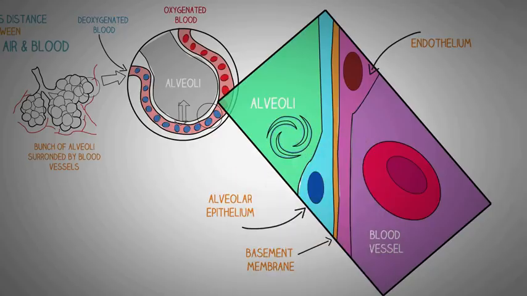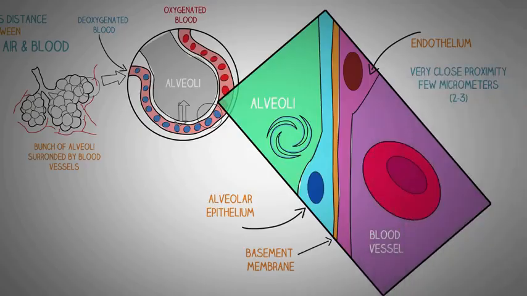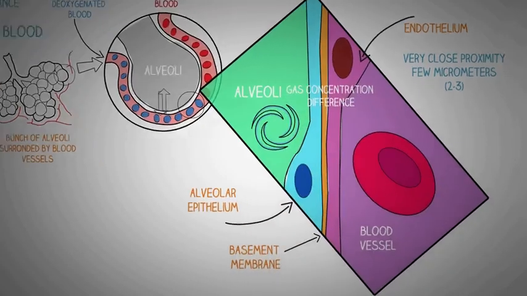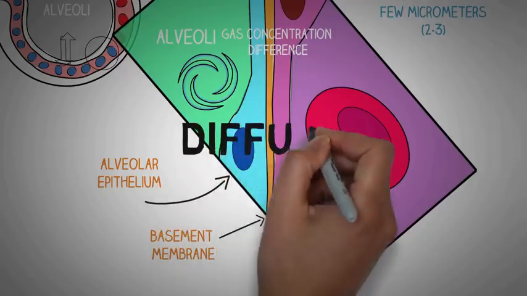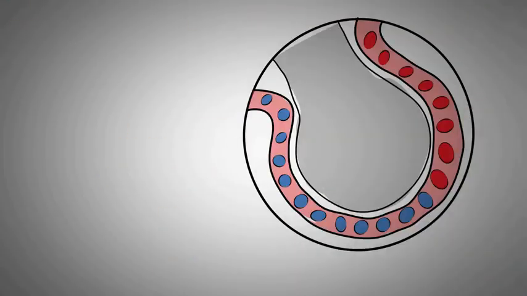So you can see clearly that the air that we inhale in the alveoli is in very close proximity, approximately a few micrometers, from the blood vessel. Here comes the role of the difference in the concentration of gases on either side. Most of you know that diffusion occurs due to the difference in concentration of a substance on either side. So if we take a look at the concentration difference of the alveolar air and the blood of carbon dioxide